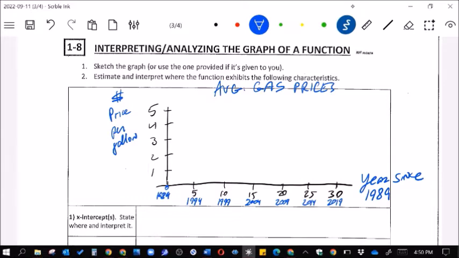So the average gas prices is one study that actually shows some areas or parts of the country. It's not the entire thing. I don't remember exactly where this is based on, but it will make a graph that helps us to learn how to interpret and analyze the parts of it and recognize what they are. We're going to graph the following points on here: 0 and 0.9, 4 and 1.7, 9 and 1,